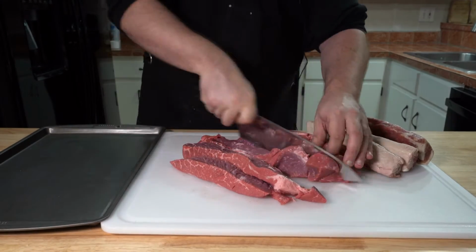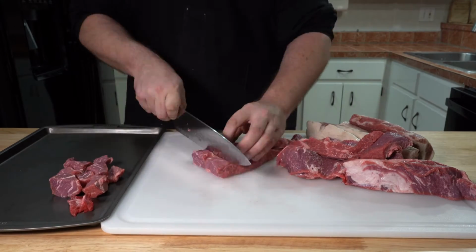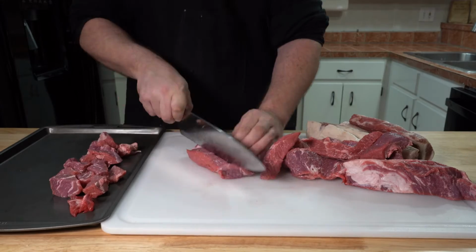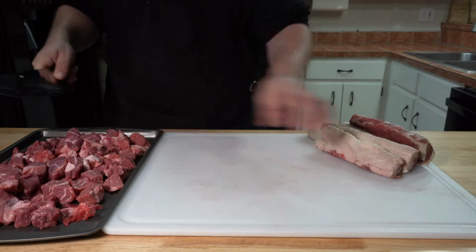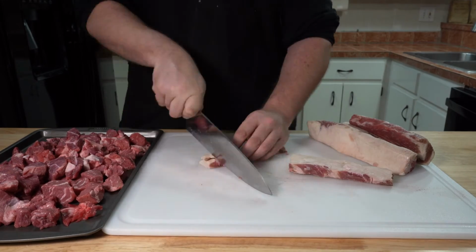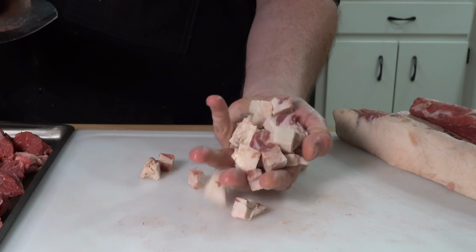Here I am cutting the meat into cubes that are just small enough to fit into the meat grinder. You could use a food processor and pulse the meat, but doing that is not good for the motor and can cause damage to your food processor if you're doing any sort of volume. Then I did the same thing with the ribeye fat. I tried to evenly disperse the fat amongst the meat chunks so that it will be well incorporated once it's